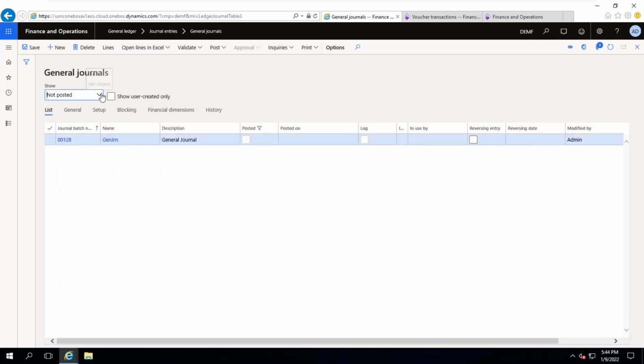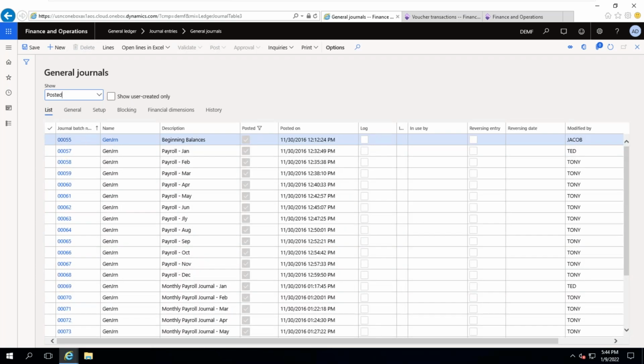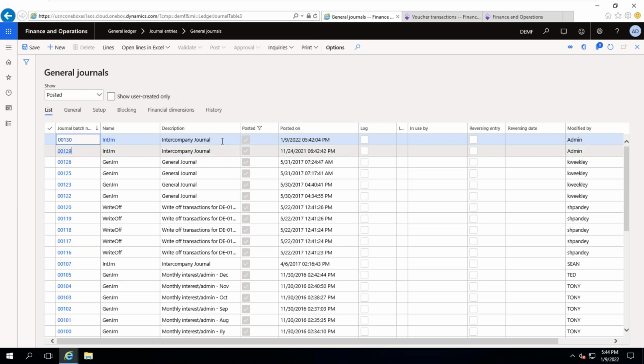If you go to posted transactions, take the latest by sorting Z to A. Give me a second, it is loading. So now one intercompany journal is created.